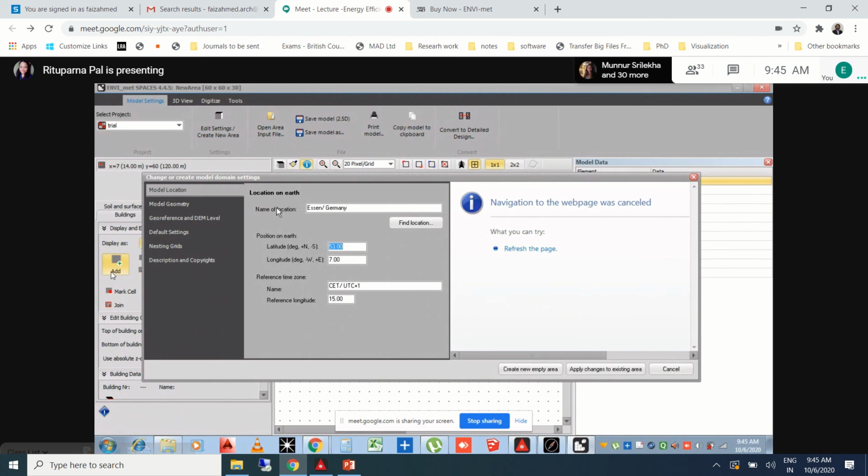Here they're asking the name of the location, and it is set by default to Germany because this is a German-based software. In our case, maybe we take Vijayawada or something. So we'll just try out if Vijayawada is present, and we click on find location. We'll allow NVMe to find if Vijayawada is there on their interface.